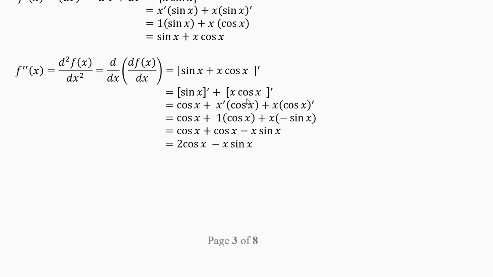Now x cos x, you have to differentiate very carefully. Here you are multiplying two things: derivative of the first function into second function plus first function into derivative of the second function. The derivative of x is 1, and 1 into cos x is cos x. Now remember that the derivative of cos x is minus sin x, because cos starts with c. So three things start with c and their derivatives come with the minus sign. X into minus sin x, open the brackets, and you will get cos x, minus x sin x. Cos x plus cos x is 2 cos x. Do not write cos 2x, it is 2 times cos x.